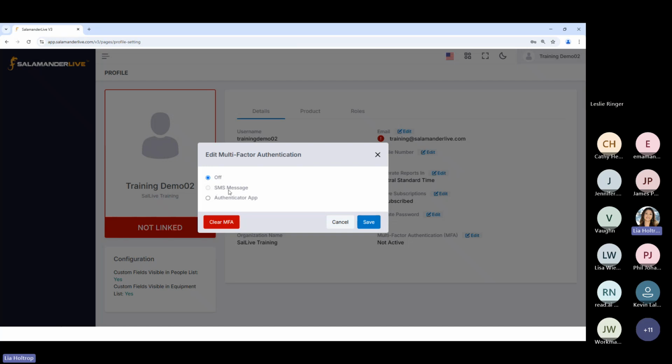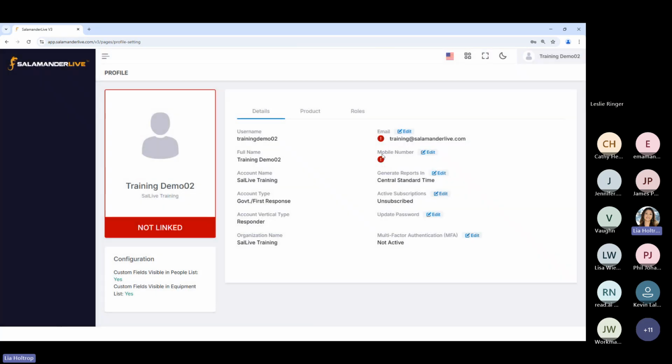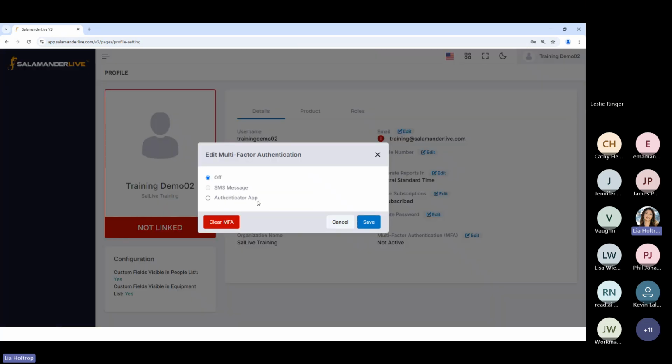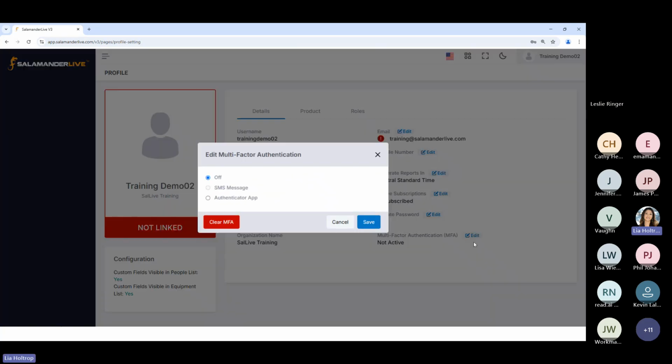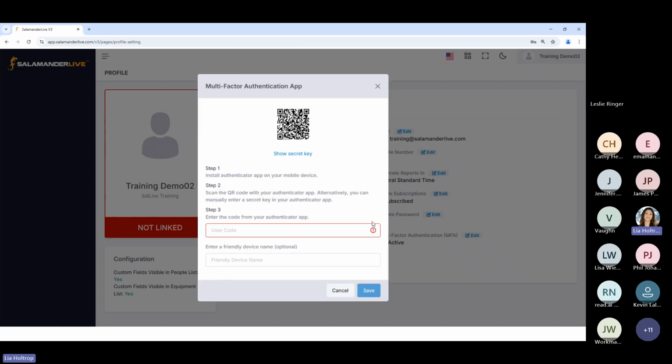Again, they can't set up SMS because they have to first verify a mobile number. So right now their only option is to set up the Authenticator app. Okay. Once they set this up, so in this case, if I set this up, I'm just going to set this up right now real quick so you can see this. Once they set this up,